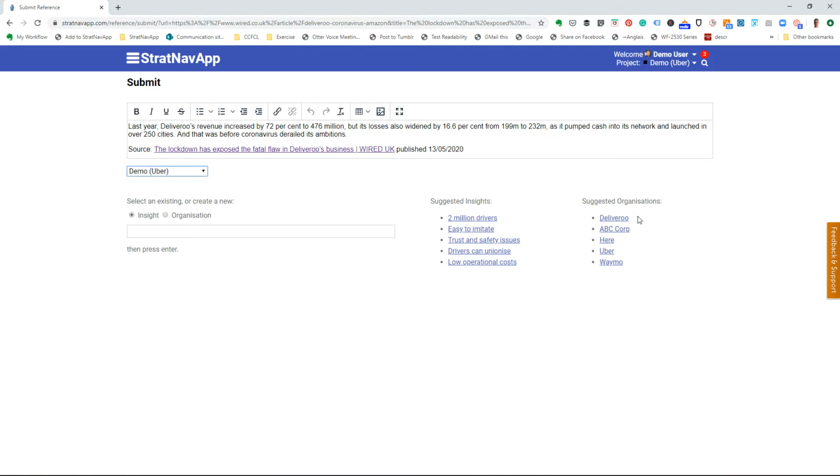In this case, you can see it's correctly identified that it's most likely about the organization Deliveroo. Of course, that might not necessarily have been the case depending on what the text looked like. If the correct organization or correct insight didn't appear in the top 5, I can, of course, go over here and start typing the name Deliveroo, and it would find it within the strategy project that we're working on. But in this case, because it's correctly identified that this article is about Deliveroo, I can simply click on that,